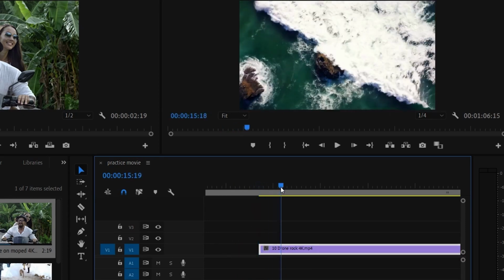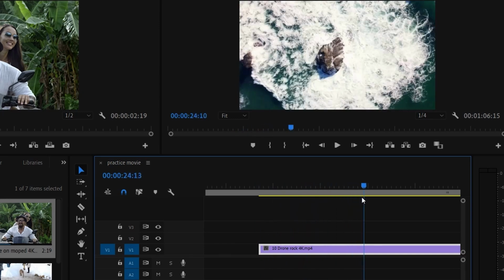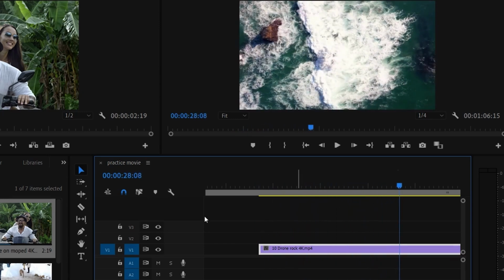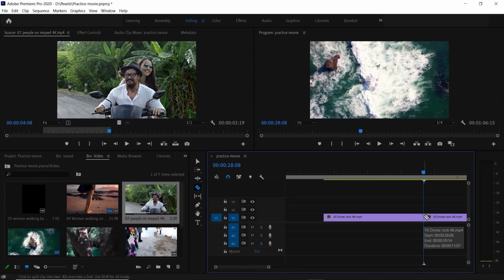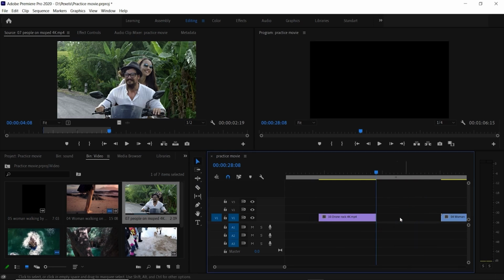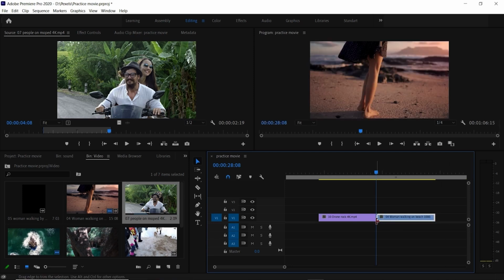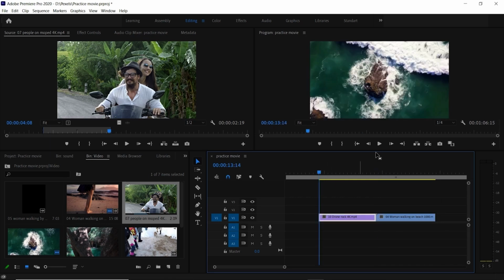So let's say we want to start it here, for example, so we can do that. And then we want to go around here and just get this guy to stop right there. I could use C on my keyboard, which brings up the cut tool, and then do that. And then I can use my rubber band to see where I am. And then I can just use the selection tool and press delete on my keyboard. And now what I could do is just highlight this next video and drag it over until it snaps into place here. So now we've got these 2 bits of video,